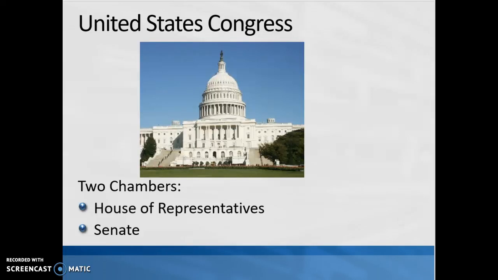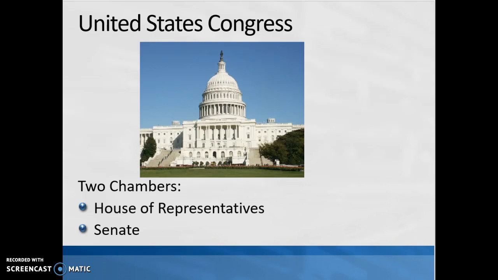So Congress, the United States Congress, has two chambers. One is the House of Representatives and one is the Senate, and they are distinctly different. We get that model from the bicameral legislation from the Constitutional Convention of 1787, that compromise that said that the House of Representatives would be allocated by population. Larger states would have more power in the House, and the Senate would be equal representation,